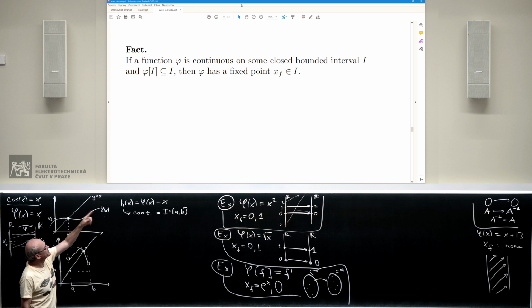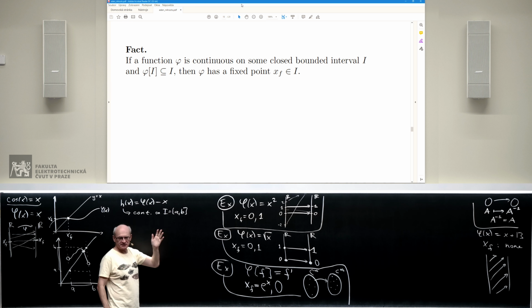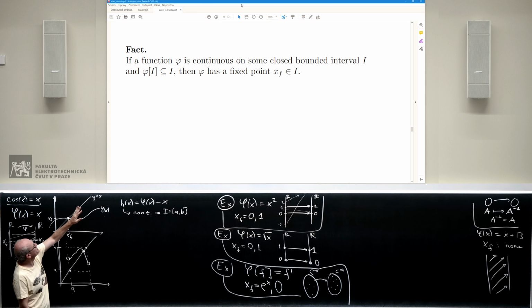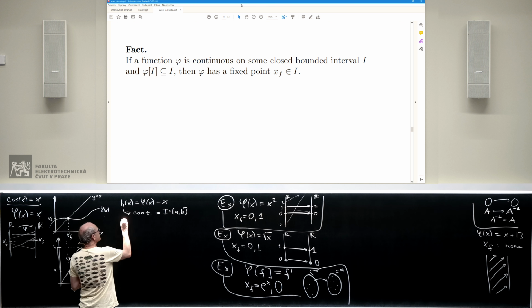It's a bounded interval and it's closed. And because it's bounded, a and b are numbers, not infinities. Okay? So everything works as in the theorem. And now, let's see. Because the range of this function phi is again the interval [a, b], it follows that phi